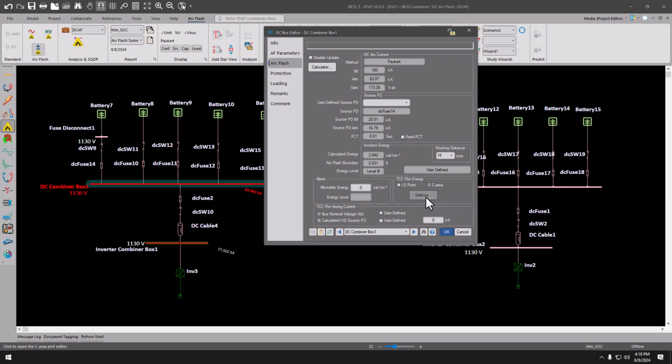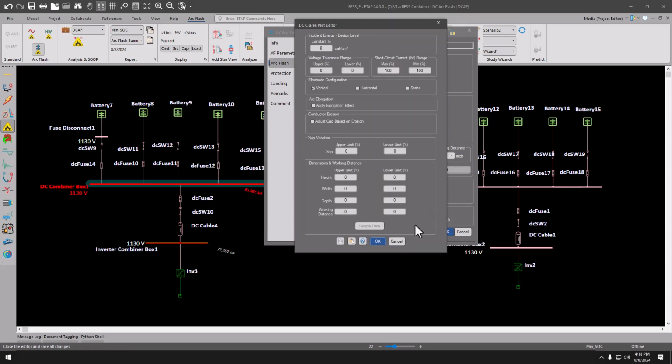So now if I go into the DC bus, all I'm going to do is hit paste and bring in that data. That way I can take credit for that data that I have already specified for the other fault location with similar parameters. Now, one key thing to notice here is inverter combiner box 1 was a location with a single